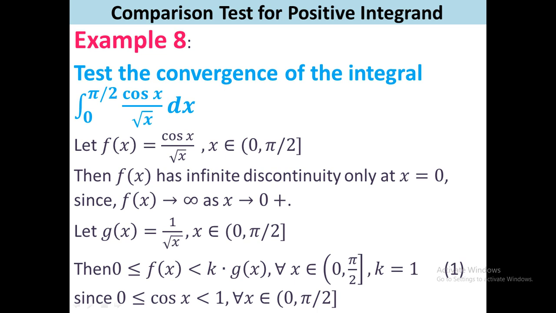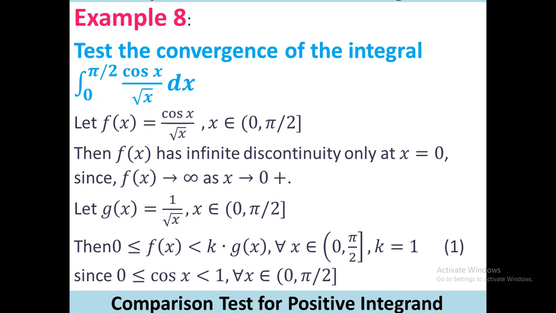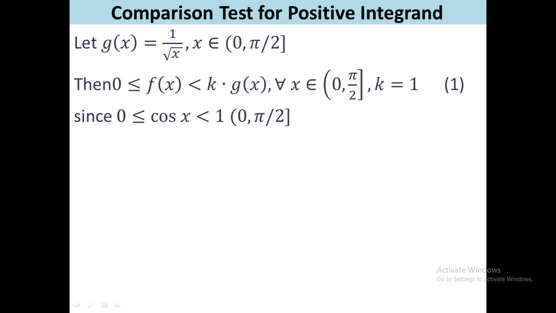If you multiply both sides by 1 by root x, then 1 by root x into cos x means f(x), and 1 by root x means g(x), where k is 1. So f(x) is less than or equal to k into g(x), where k is 1, in that interval. So here we can use the convergence test, provided